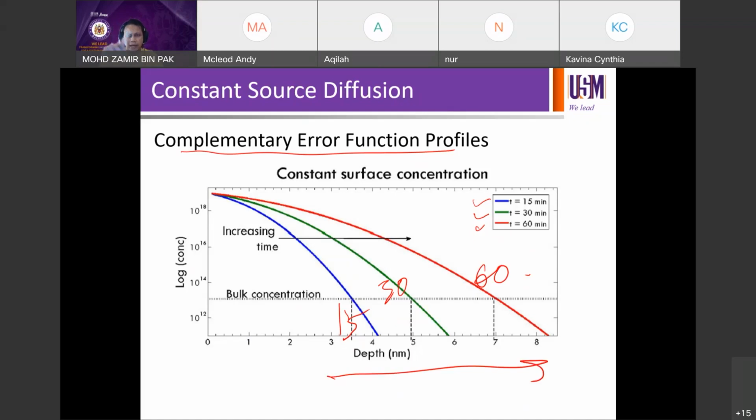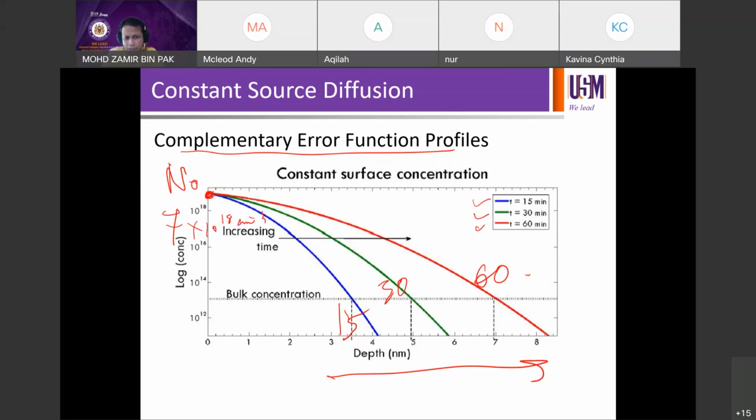Deeper into the silicon, but your N0 doesn't change. So in this case, log concentration. So that's probably, your N0 is probably somewhere, say 7 times 10 to the 18, for example. Tak tukar, tak sampai 19 lagi, slightly below 10 to the 19, okay, maybe 7 E18, for example. And then,